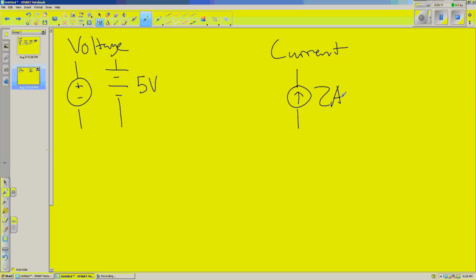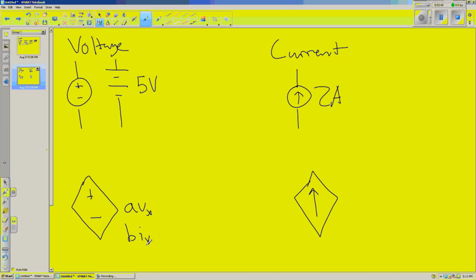Now for each of these we also have what's called a dependent source. So these first 3 up here, those are the independent sources. We also have dependent sources, and those are shaped like diamonds. Fortunately, we won't be getting into those this semester. So these dependent sources are going to be triangles. If it's a voltage source, you'll have positive and minus. If it's a current source, you'll have the arrow. And next to it, you'll see some notation